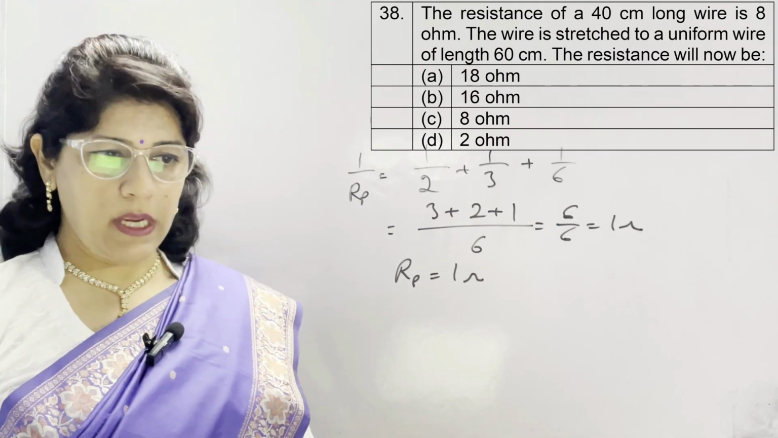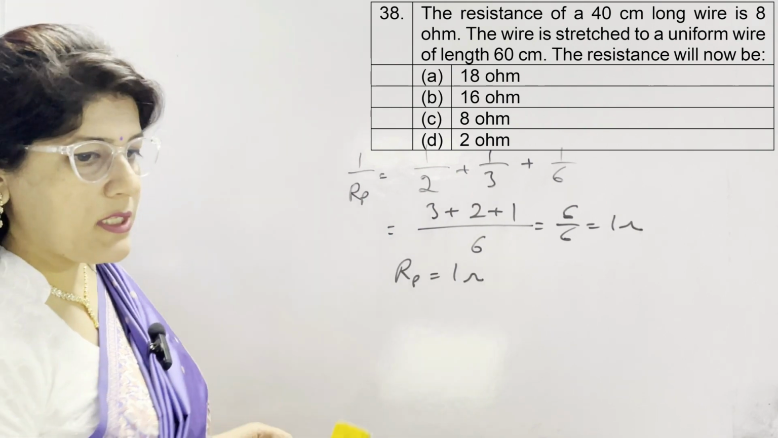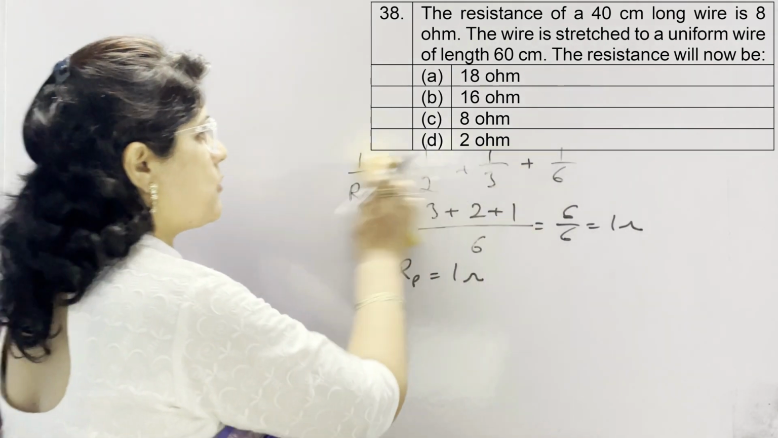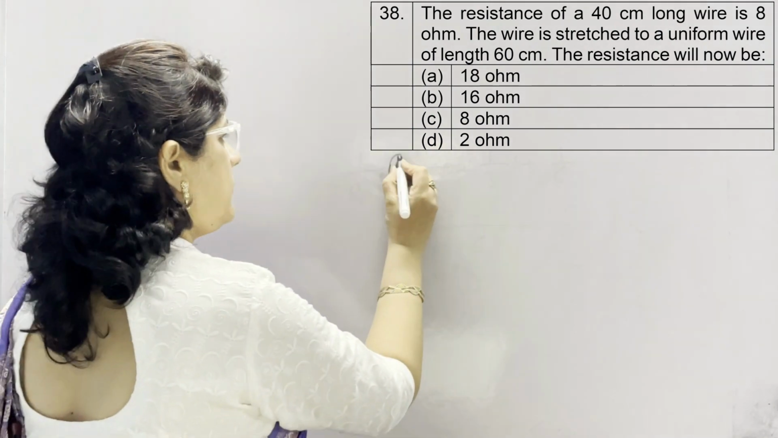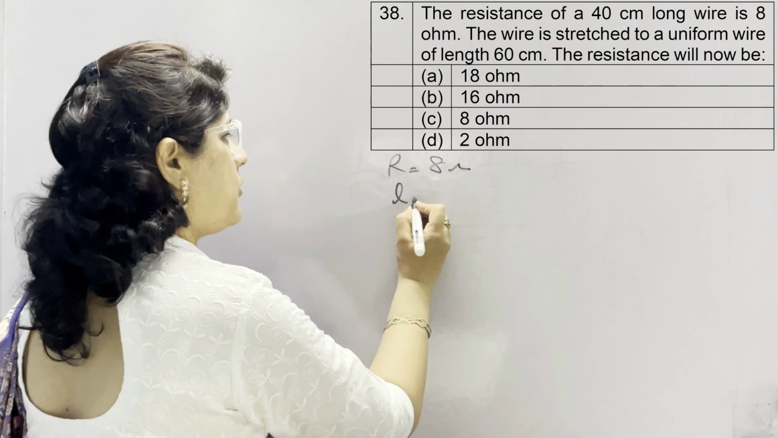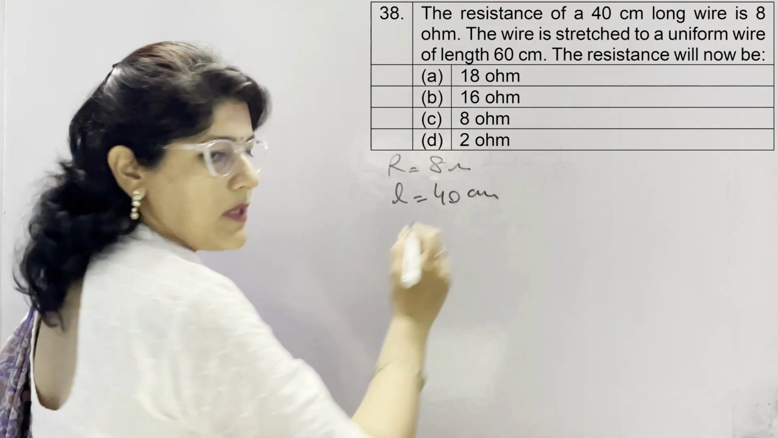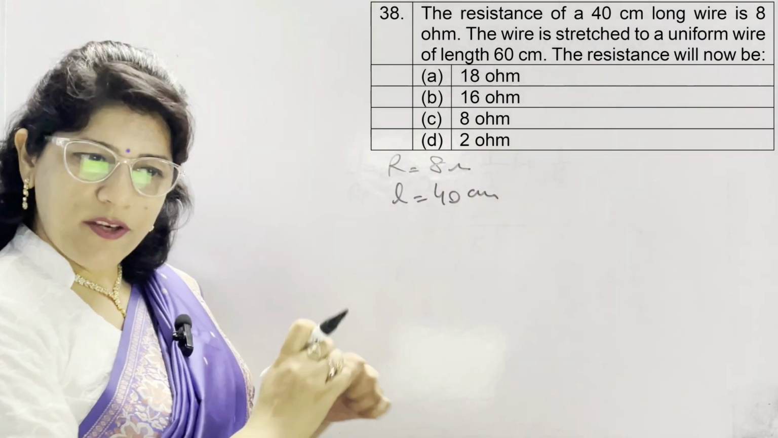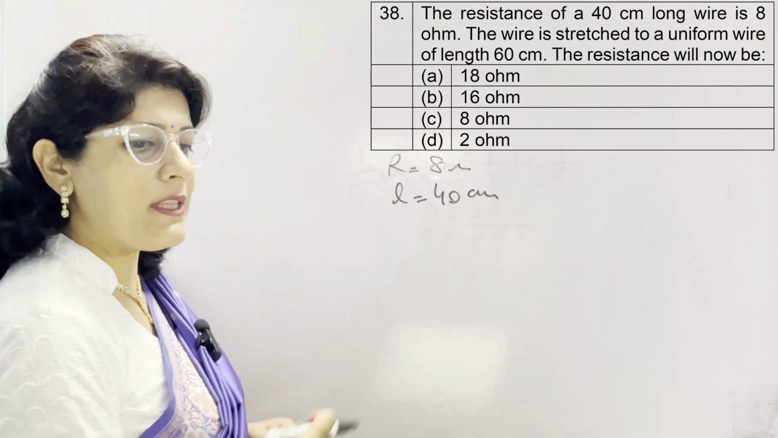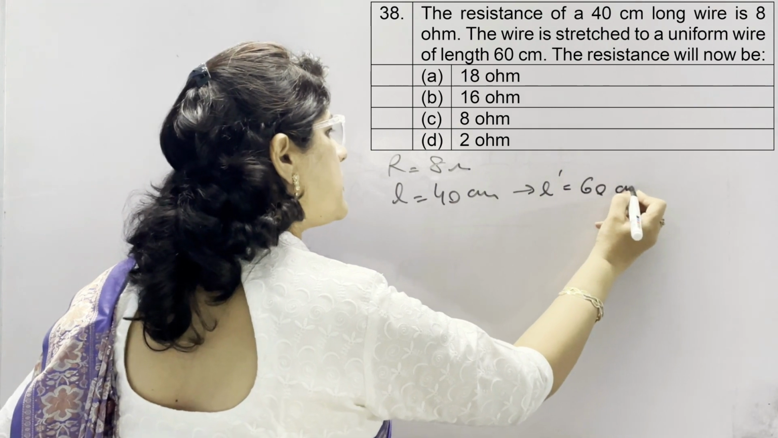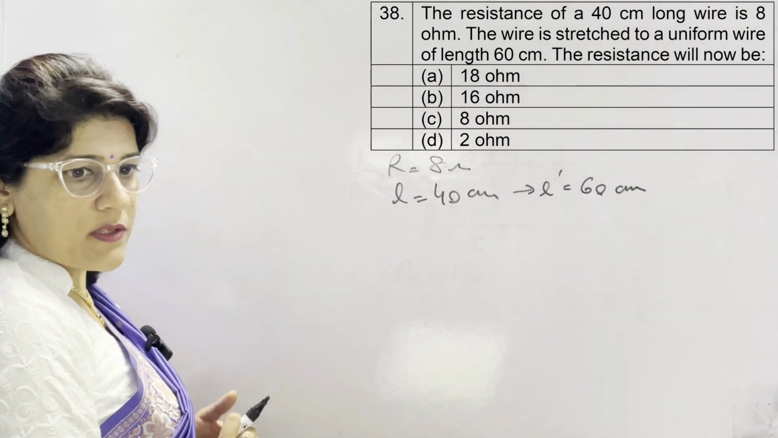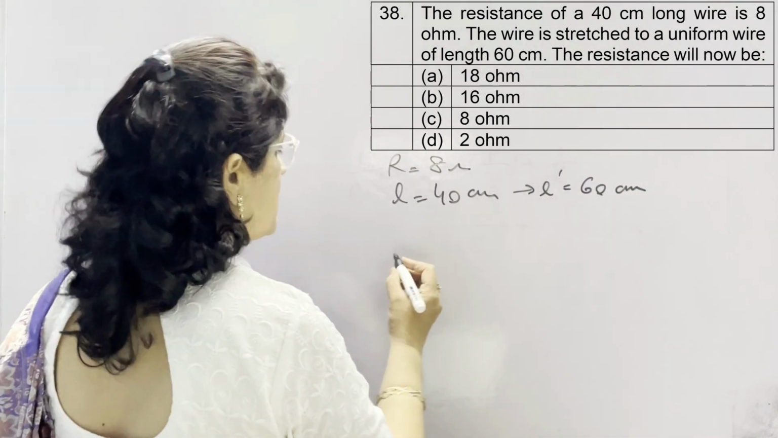In question number 38, the resistance of a 40 centimeter long wire is 8 ohm. Resistance is given as 8 ohm and length of the wire is 40 centimeter. The wire is stretched to a uniform wire of length 60 centimeter. New length L dash is equal to 60 centimeter. The new resistance will be...